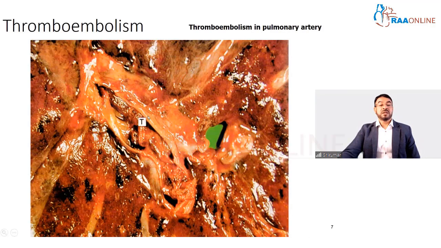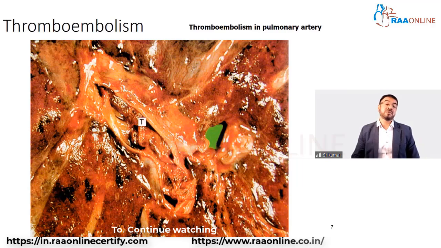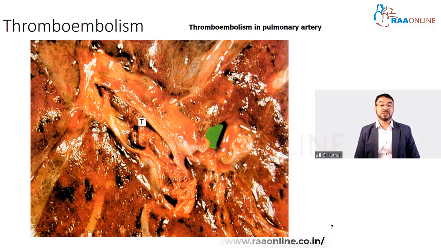Now, this is a pulmonary artery that is open, and you can see a clot sitting here, a thrombus. Now, as much as this is a thrombus, it doesn't arise in the pulmonary artery. It has arisen from another part of the body, which is usually the lower limbs. So this has broken down from there and reached here. This arises in the deep vessels of the lower limbs, and so this is an embolus. So this is a thromboembolism that is lodged in the pulmonary